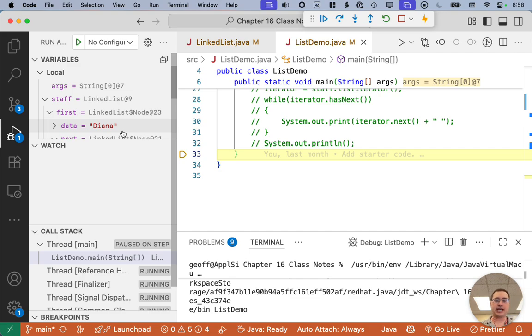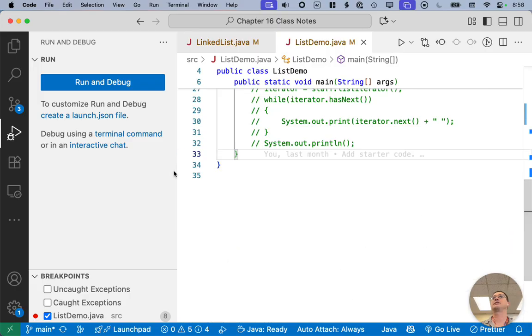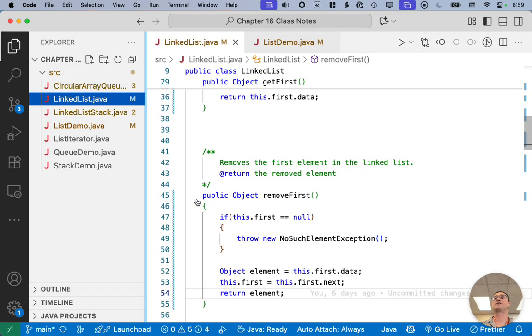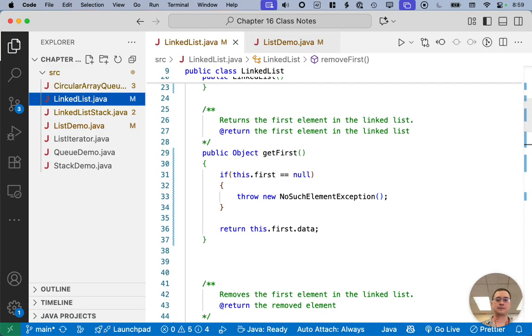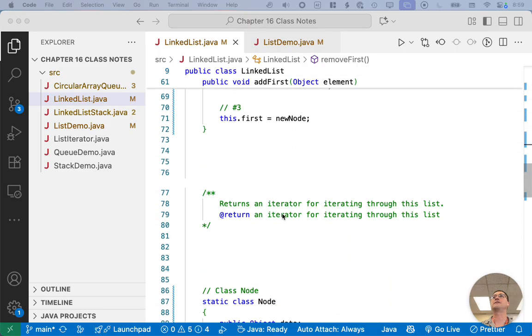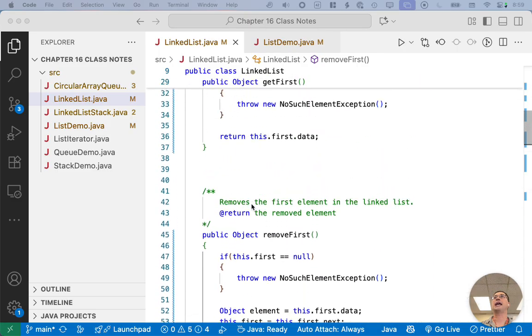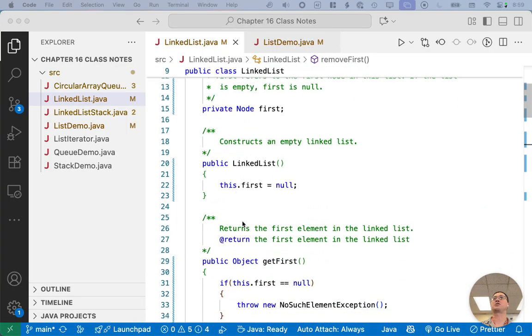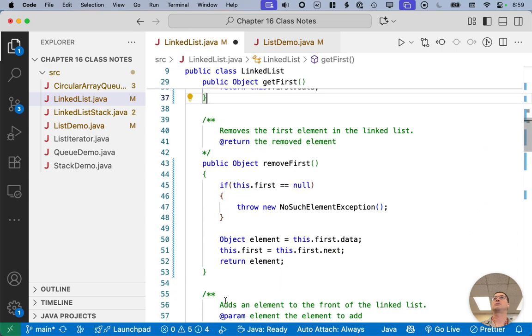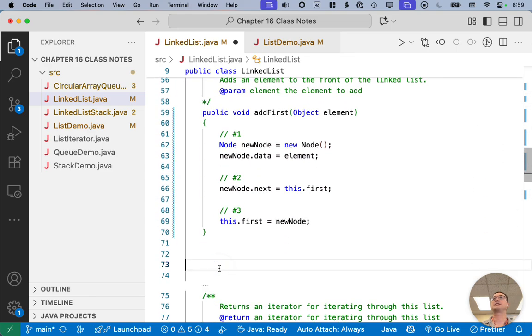What we're going to do today is focus on the list iterator class. So I'm going to close this, and I'm going to go back to LinkedList.java, which is where we left off the other day. Where did we leave off? Let's see, right here. We had already implemented the constructor, getFirst, removeFirst, addFirst,